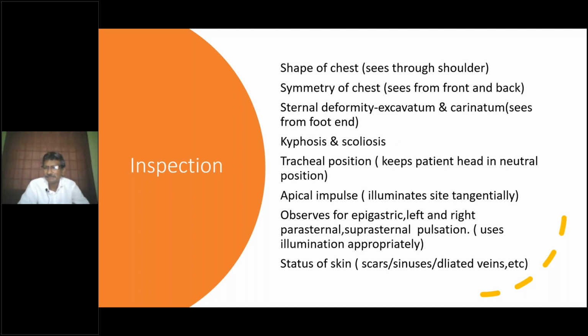Okay, think a little bit. I'll give you a clue. Apical impulse can sometimes be hidden behind the rib. So that will give you a clue about how you should position the patient to look at the apical impulse. I have given you the clue. Apical impulse can be hidden behind the rib. Okay, I'll give the answer. I'm not getting the answer.